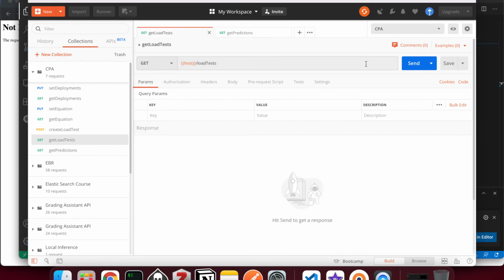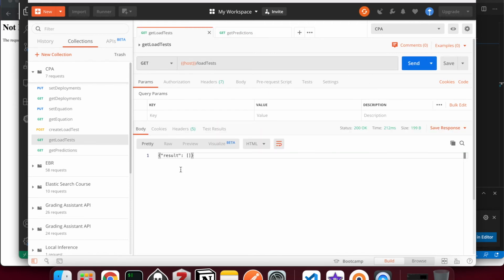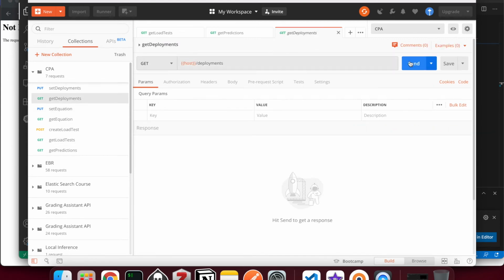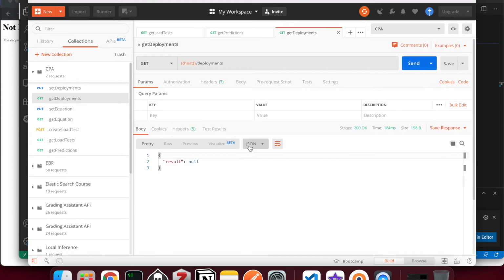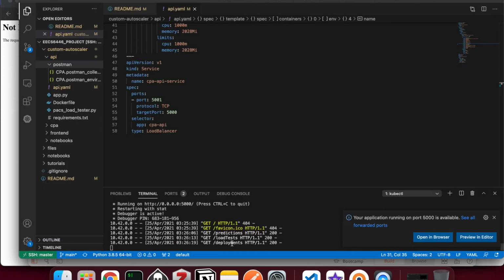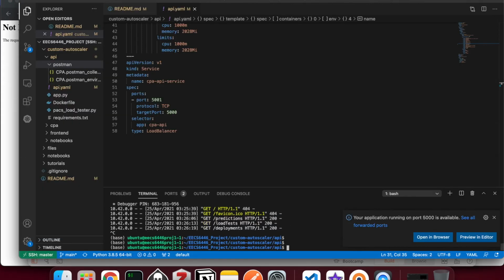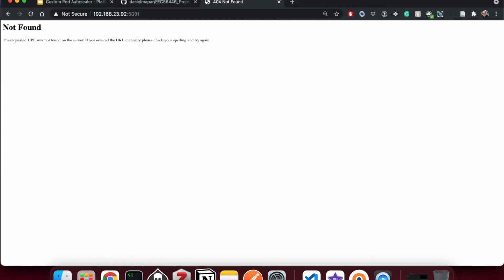We can also take a look for load tests. There's no load tests. And let's take a look at deployments. No deployments. Okay, that's good. The API is running. We should be able to see all the requests here. That's great. Now let's deploy the last part of the system,